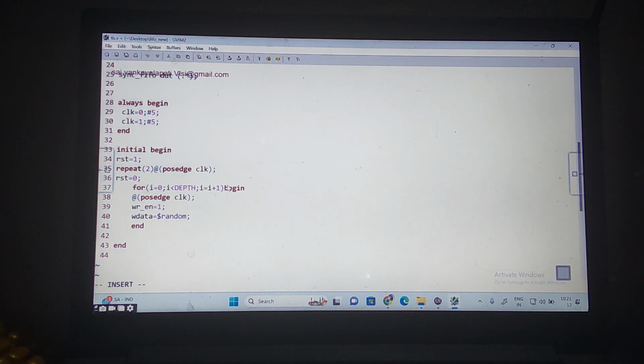Then this is what we have done. We are writing the data, right? When write enable is equal to 1. Full and empty are output signals. That will define if my FIFO is full or it is empty. Then what I need to do? Put in extra logic. For all this depth, if I'm writing the data, what I need to do?